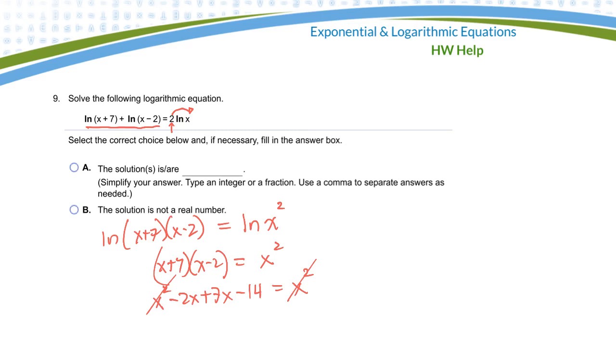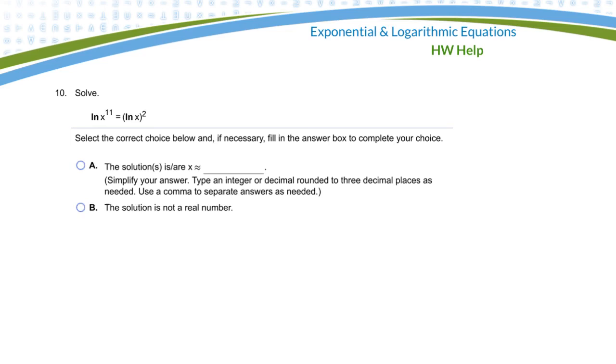If I subtract x squared on both sides, they'll cancel. And then this will be 5x, and let's move the 14 to the other side, so it'll become positive. And then divide both sides by 5. So I get x is equal to 14 over 5. So my answer is 14 over 5. If I just check that in there, 14 over 5 is 2 point something or other, 2.8 I think. If I plug that in there, or there, or there, I'm not getting a negative answer. And so I think this is good. They say not to use decimals, so let's stick with that fraction. All right, so in this question,